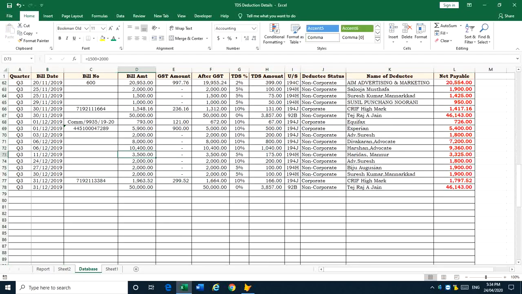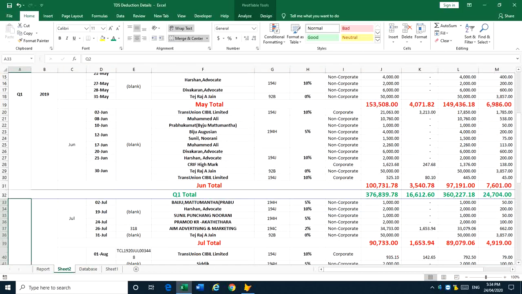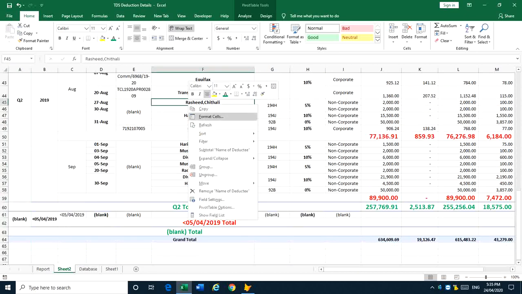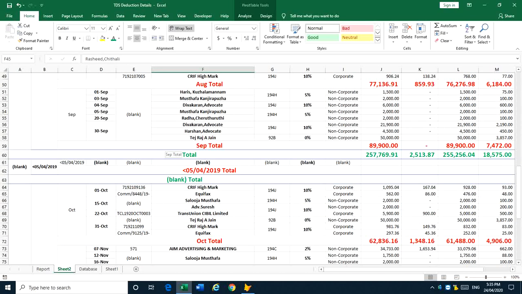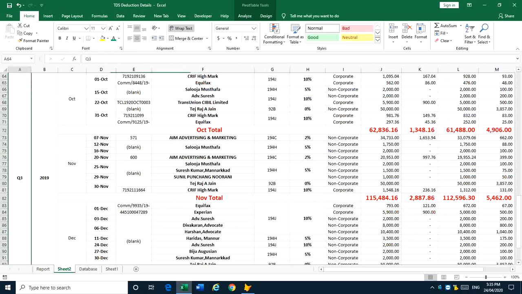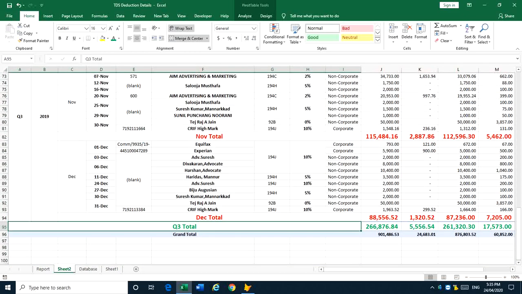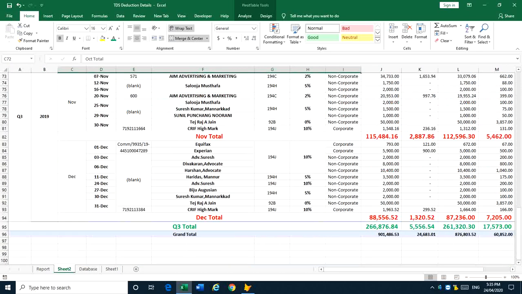It is showing only Q1, Q2. For updating the data, right click inside the table, click on refresh. Now Q3 data is loaded, and it is showing the subtotal green, and October, November, December month totals as subtotal red.